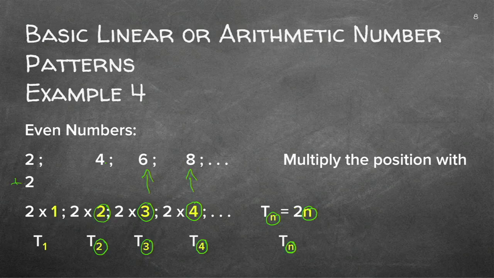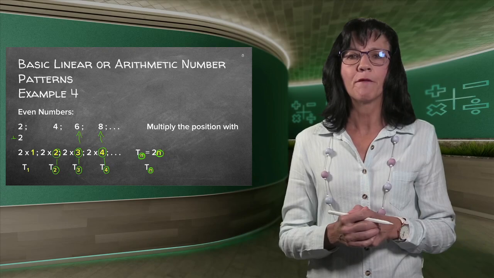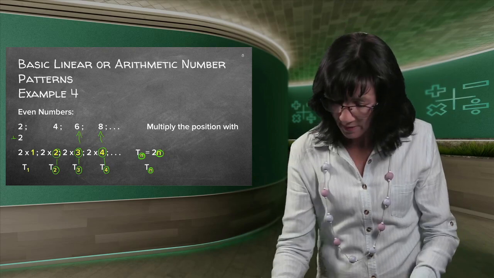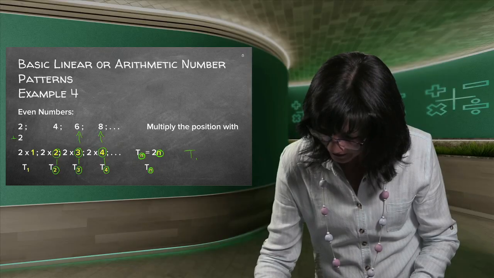So why? Because the term number and the thing you multiply with are exactly the same. You can see the pattern at the front of your sequence. Every time it's the same, and I'm just multiplying by 2. That's why my formula here is 2n. Now this one, I'm going to just rewrite nicely here.